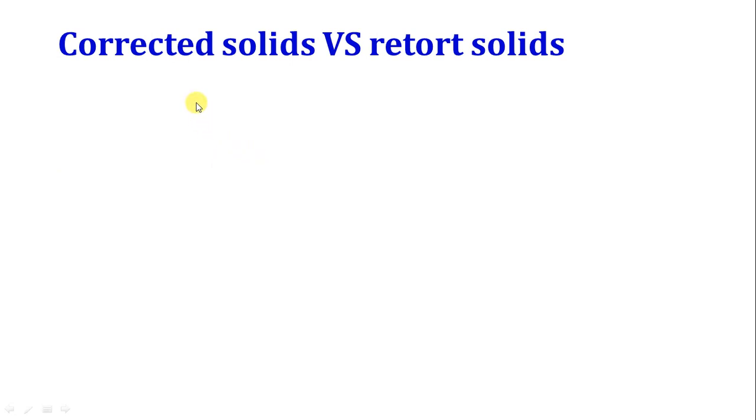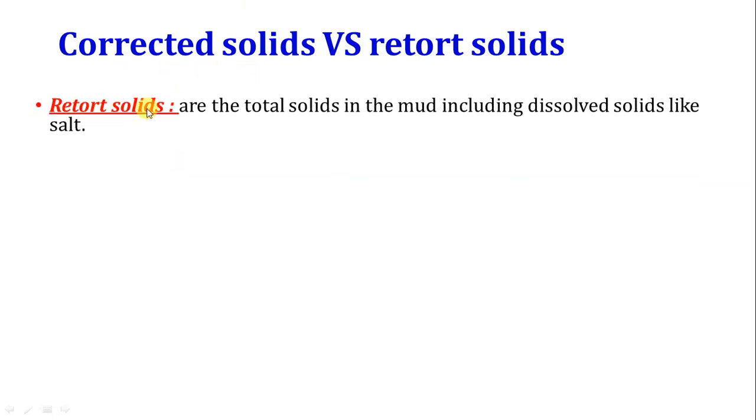Now there is a very important idiom called the corrected solids. What is the difference between the corrected solids and the retort solids or the total solids? The retort solids are the total solids in the mud, including the dissolved solids like the salt. For example, if you make the retort,